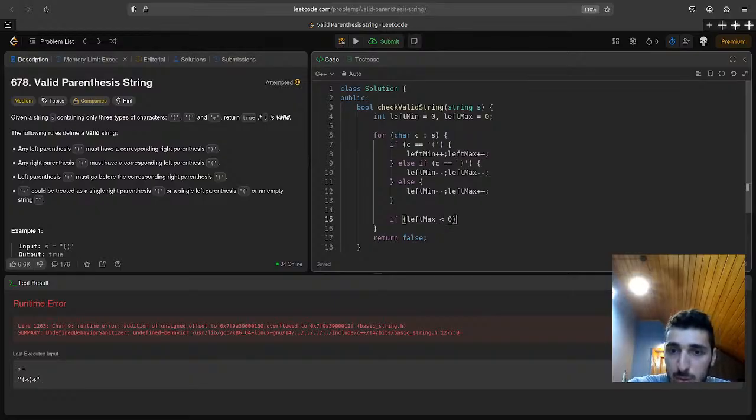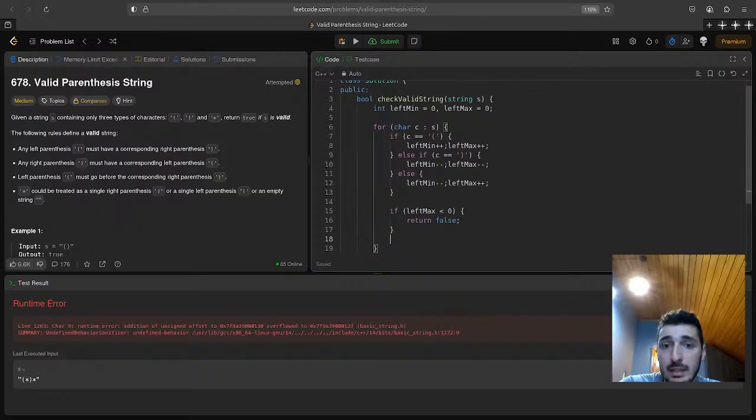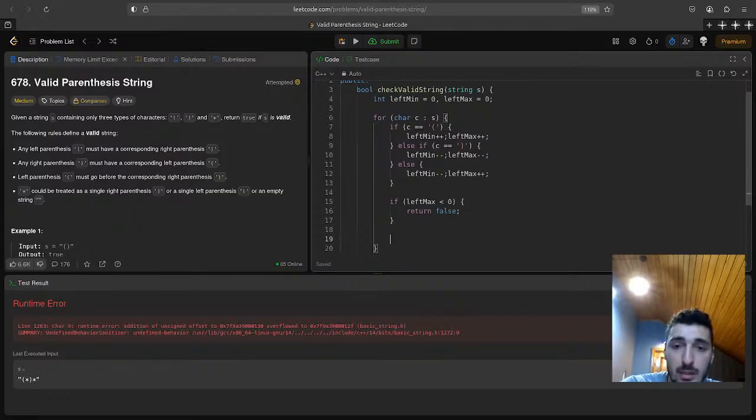And we have another thing: if left max becomes less than 0, this means we chose an extra right parentheses at some point, which cannot be fixed. Right parentheses cannot come before left parentheses, and we should just return false. And left min, if left min ever becomes less than 0,